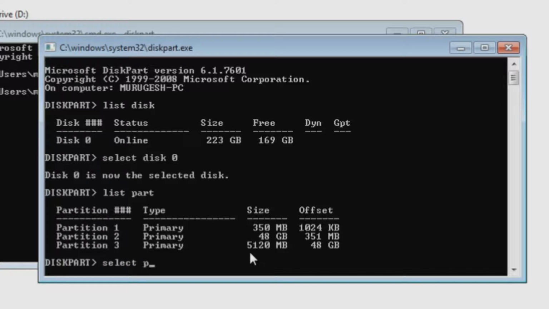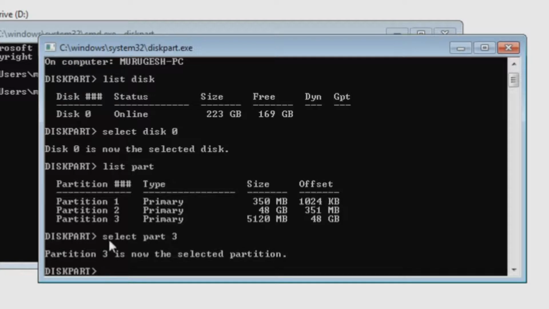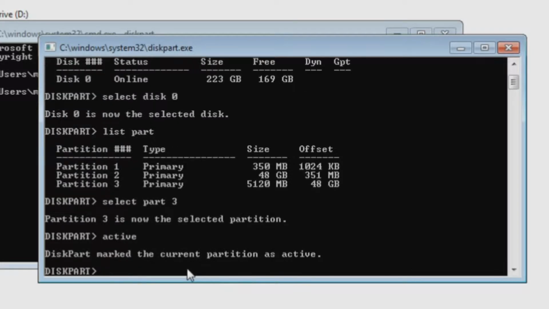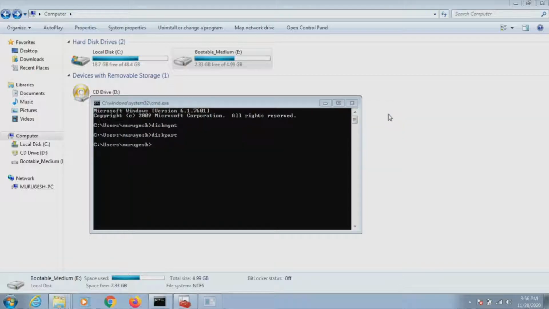We need to make this partition an active one. So type select partition 3. This command will select partition 3. Now type active. This command will make partition 3 an active one. You can see that it shows DiskPart marked the current partition as active.